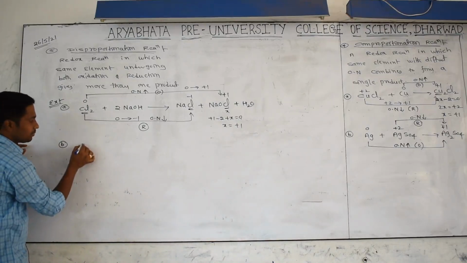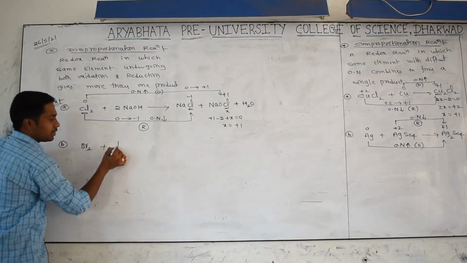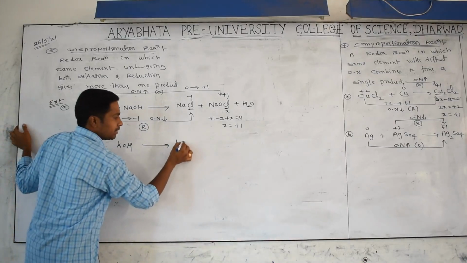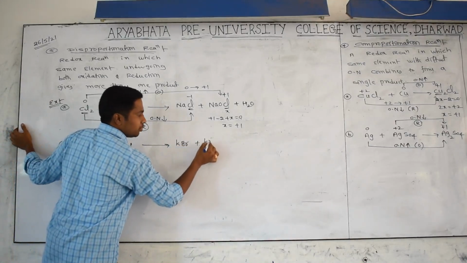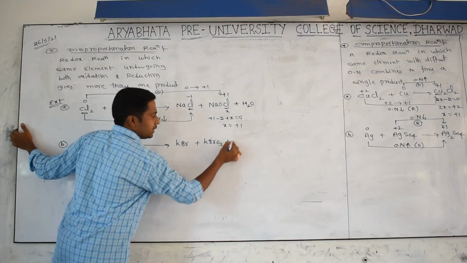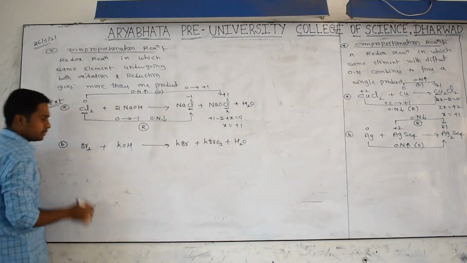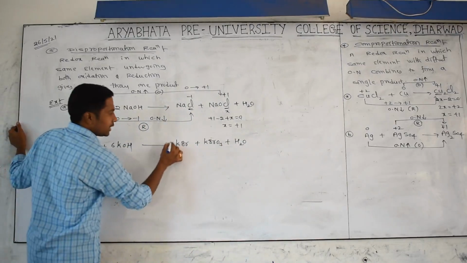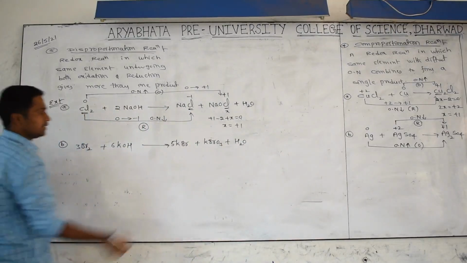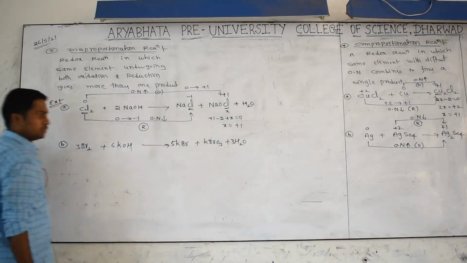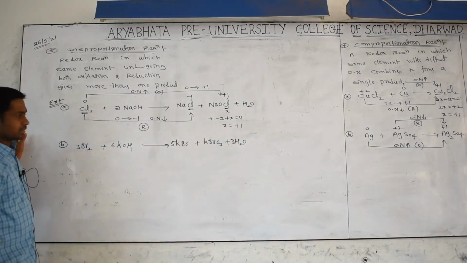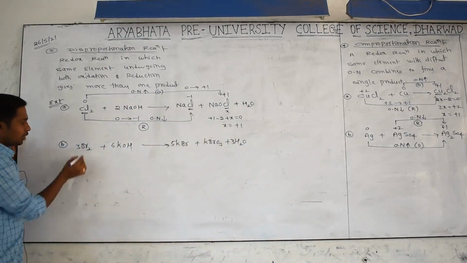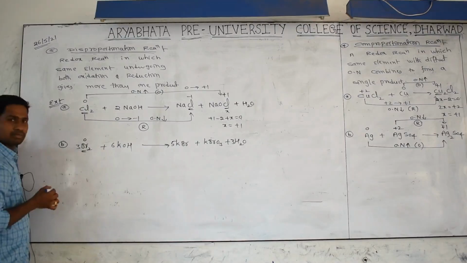Take for example Br2 and potassium hydroxide. What products may you get? KBr plus potassium bromate, KBrO3, plus H2O. Balance it with 3 moles and 6 moles, and we are getting 5 moles like this. I think it's balanced. Here we are getting 3 H2O. Yes or no? Everything is balanced: 6 oxygens on one side, and 3 plus 3 on the other. Now bromine in its elementary form has oxidation number 0.